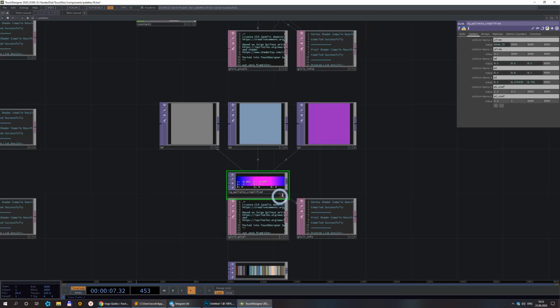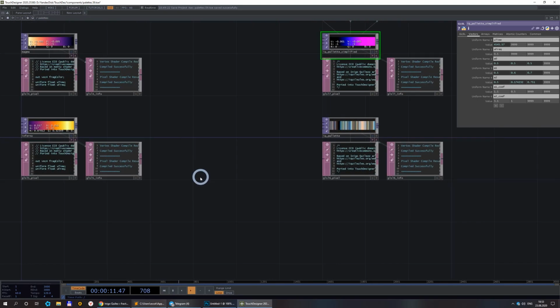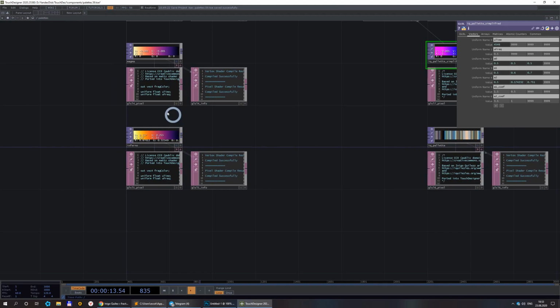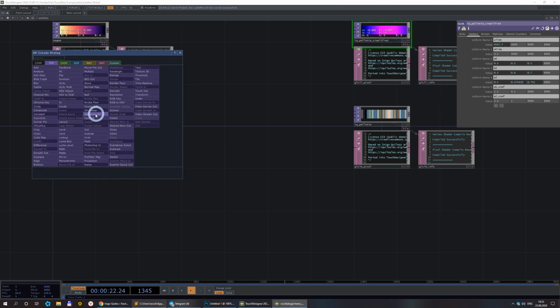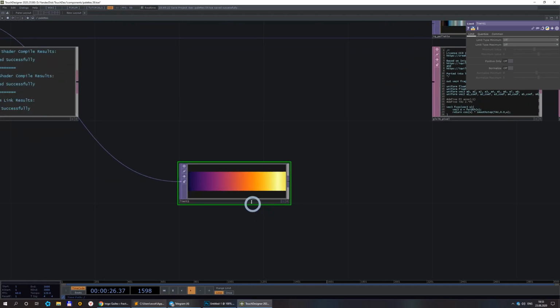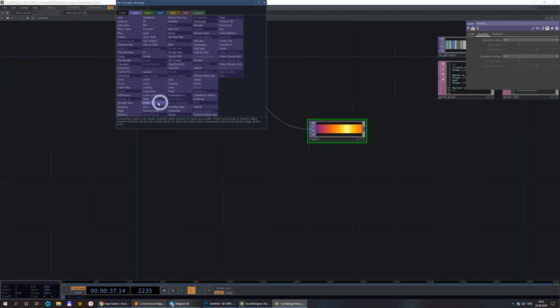Oh, one more thing. Maybe sometimes you don't need the whole gradient, but you need 5 or 4 or 6 colors. So maybe some of you already used the limit and quantize function. Here in the limit you also have the same in the level,